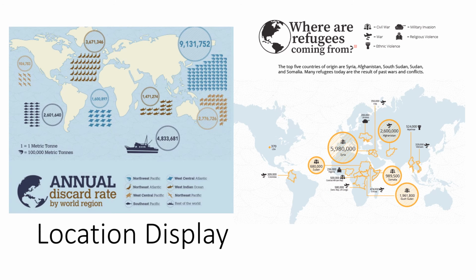In terms of my location display, I wanted to utilize the visual potential to communicate positions of things or places relative to each other in the world. And so I used a map that would show, using labels of country names and also population of refugees coming from that country, by use of proximity and leader lines. I wasn't able to use the isotype charts of icons due to proximity of the countries being highlighted. It made it very hard to read, but instead I utilized the circles with the diagonal fills to label elements